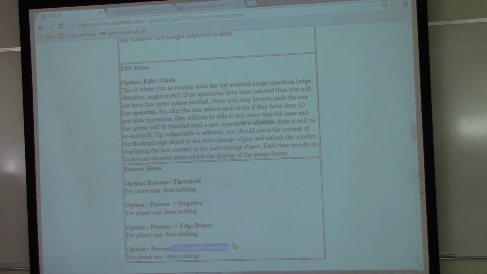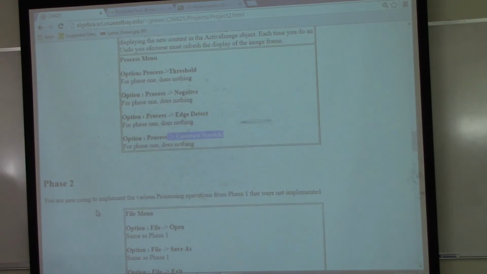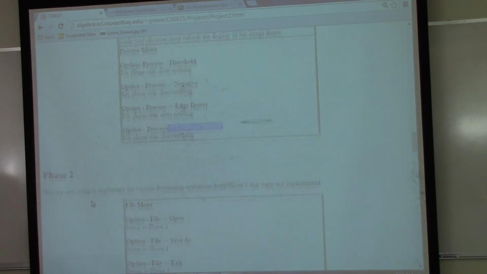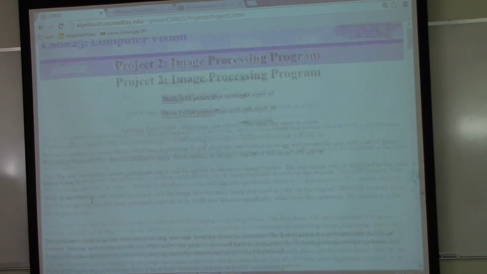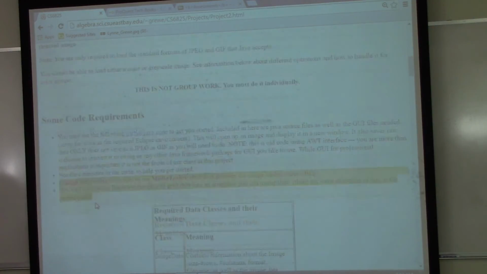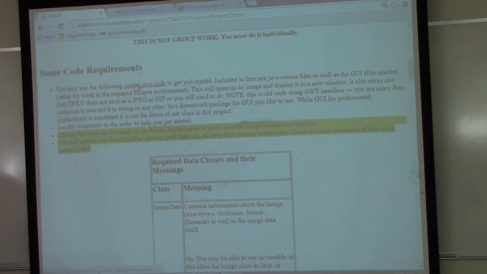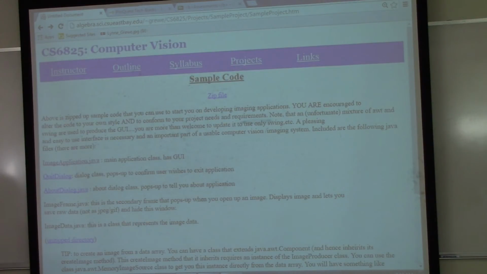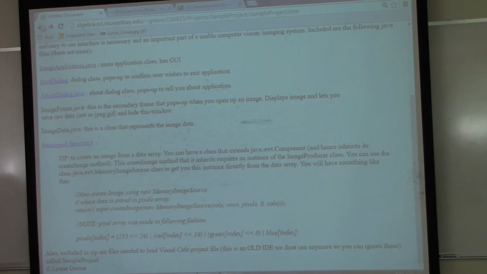So this is actually not a hard project, but it's a project where you're coding. Right? And it's a good place to start image processing. And it's all in Java. Yes, and I've given you this Java code to start with, okay? And that's also linked here, same thing. So it talks about each one. Again, these are the files, okay?